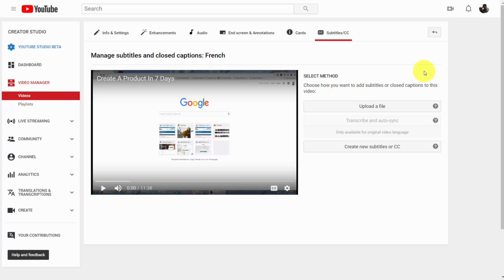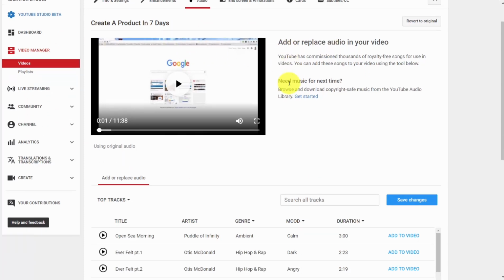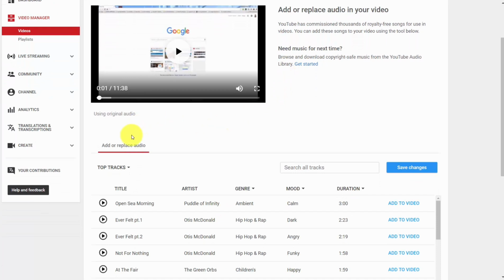Welcome back. Now, depending on what your live stream is and what you're trying to do, another part of the post-production process may be to add music. And you can do that inside of your video editing screen by going to this link that says audio. And when you do that, you'll notice that you can add or replace audio inside of your video. Now, you're not going to be able to add anything from your personal computer to your existing video, but you will be able to add music that is already available on YouTube